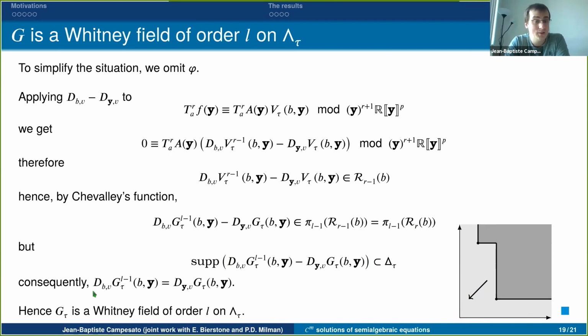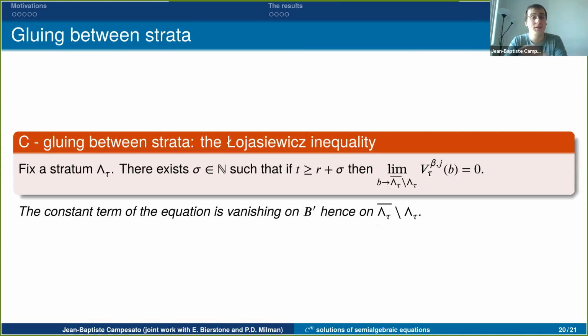So we just proved that the punctual directional derivatives coincide with the formal directional derivative, and that's enough because of a theorem of Glaeser: what I said before, that the Taylor polynomial of the derivative is the formal derivative of the Taylor polynomial, has a converse. So that's enough. Thanks to this property, we obtained that the G that we constructed is actually a Whitney field. So we have constructed over each stratum a solution of the problem, which is a Whitney field and which is semi-algebraic. Now the last step is that we need to glue